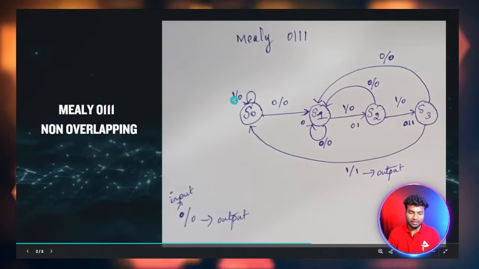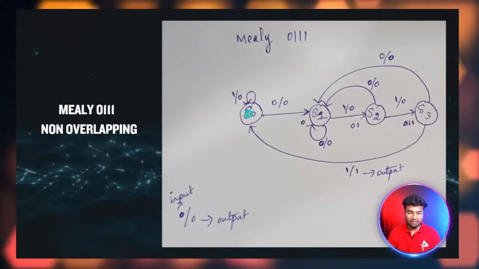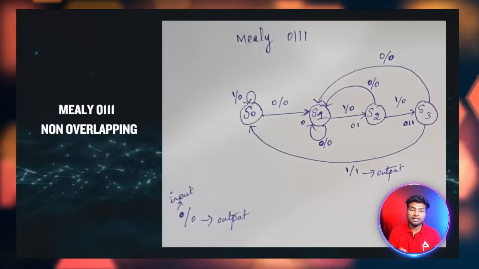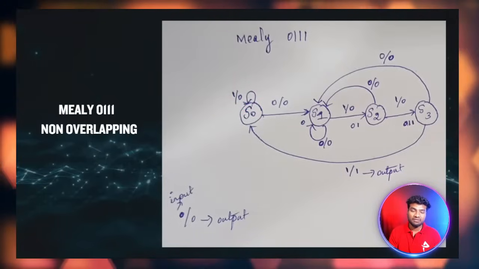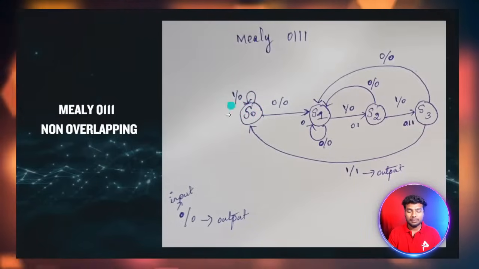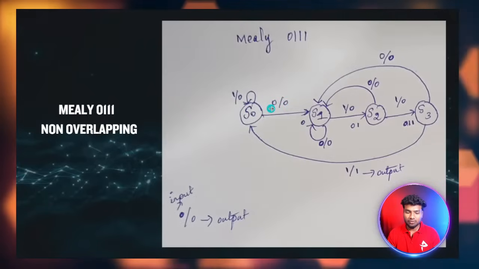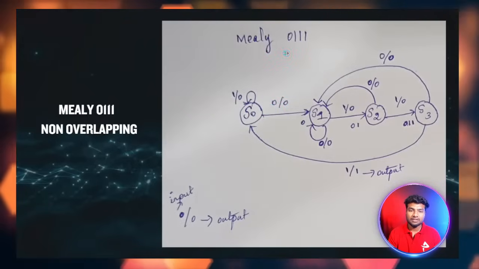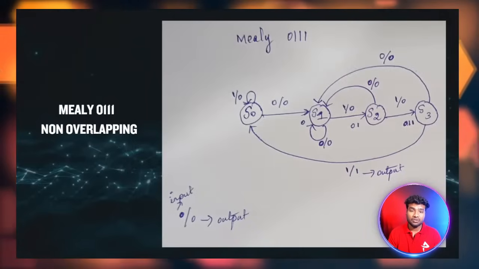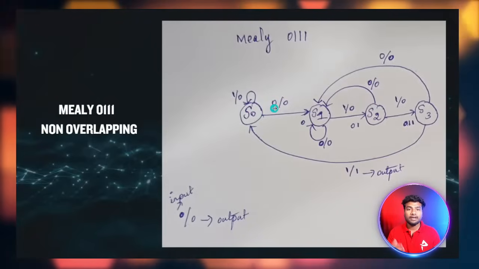Assume this is my first state, S0. I want to detect a 0 in the first state. If the input is 1, I stay in the same state, because I want to get a 0 input for my first state. Here you can see the input is 0 and the output is also 0. So when I get an input of 0 in the S0 state, I can move into S1